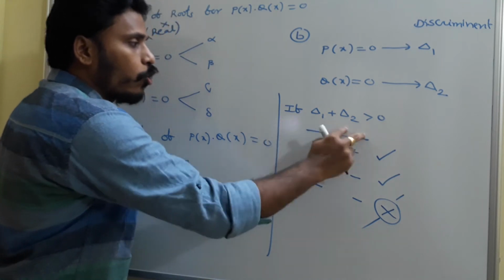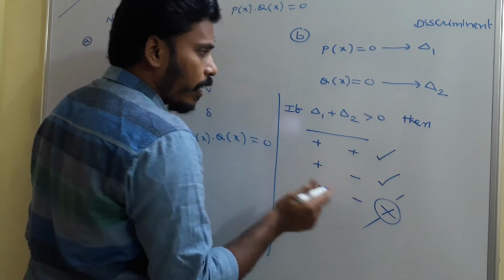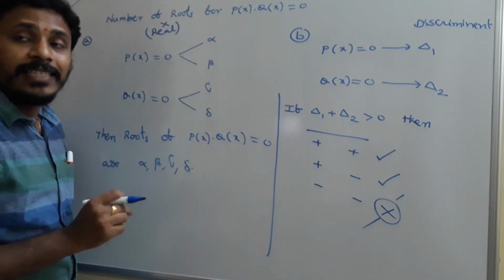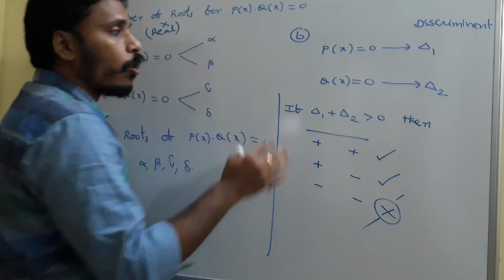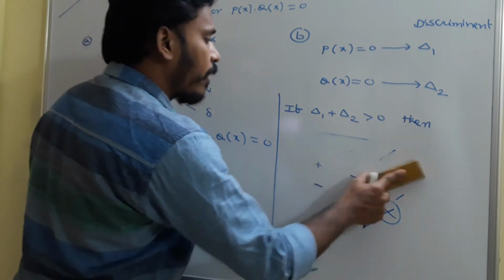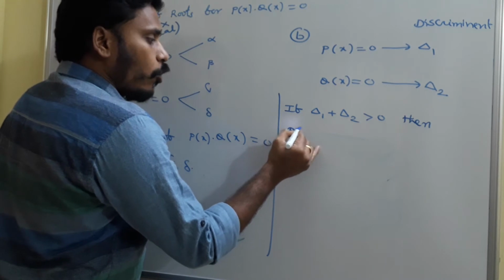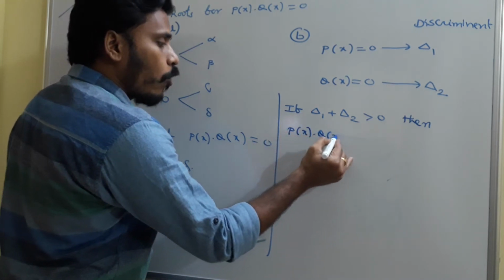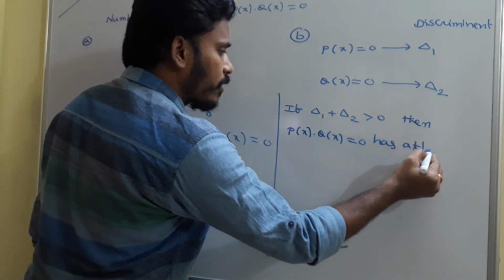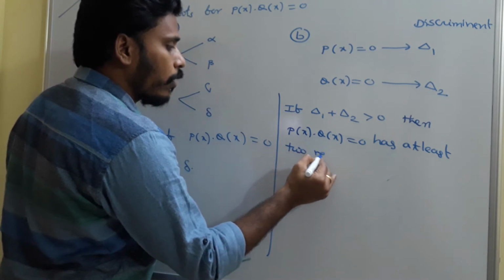At the end, I will conclude that if delta 1 plus delta 2 is greater than 0, then this particular product has at least two real roots, because out of the four, at least two are real. So that's why we say that if delta 1 plus delta 2 is greater than 0, then P of x into Q of x is equal to 0 has at least two real roots. Okay,